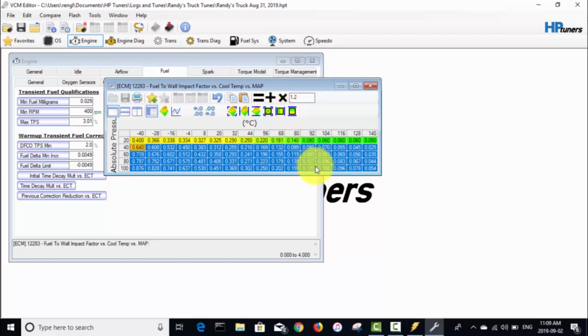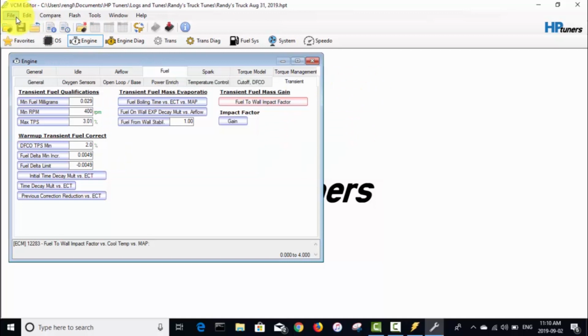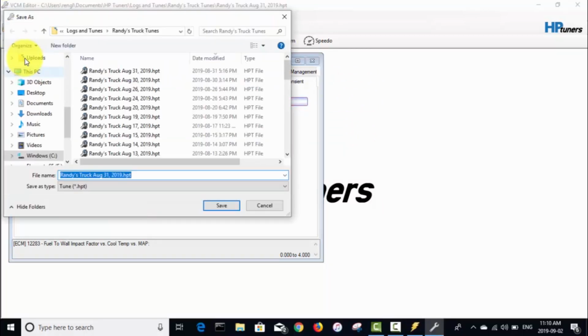So now, yeah, you can see it's basically a gradual change from 40 to 100. And again, we didn't mess with the 20 kPa row or the 40 kPa row. So now we'll save this tune and flash it to the truck and head out to my testing area there,